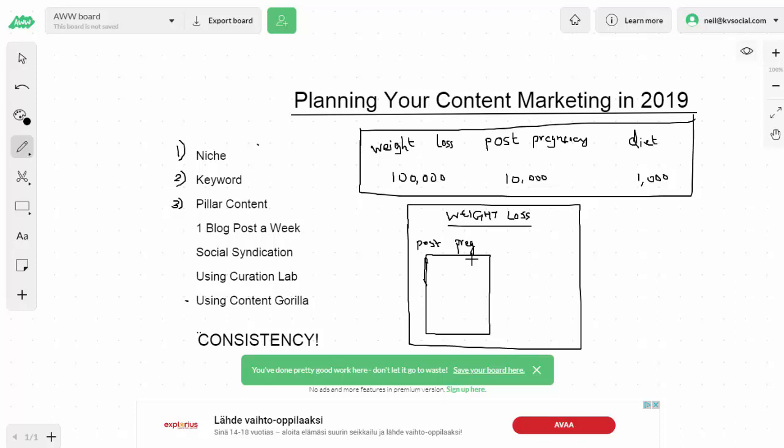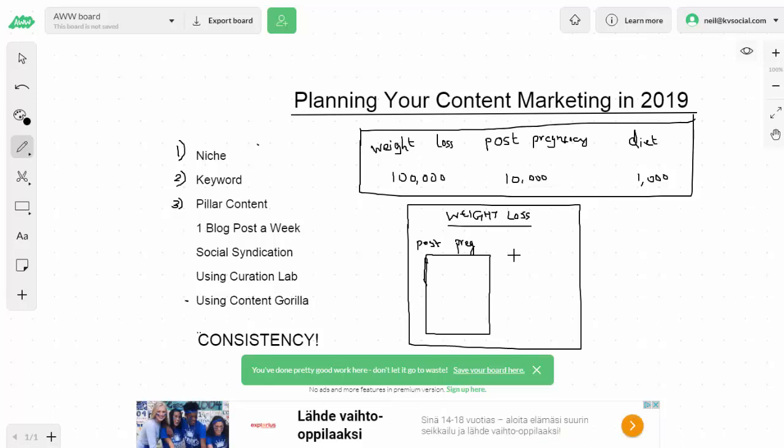So for example, if you think about weight loss post-pregnancy, one of the posts will be weight loss post-pregnancy diet. The other one would be weight loss post-pregnancy with exercise, weight loss post-pregnancy without exercise, weight loss post-pregnancy after twins, or weight loss post-pregnancy, say, with postpartum depression, right? Whatever topics you want to think about, if you write content around that, you will be able to create these shorter blog posts that rank in Google, but also get you traffic.